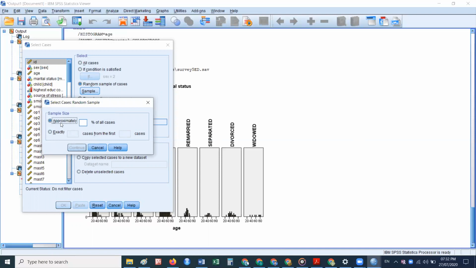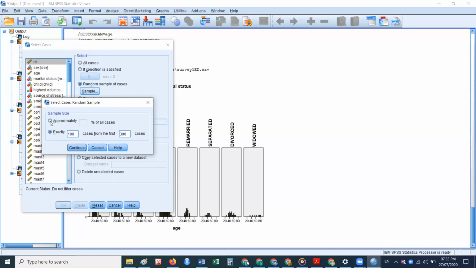You can define the sample in terms of percentage, or you can define exactly how many cases you want to select. Suppose I want to select 100 cases from the first 300 cases. Then 100 cases from the first 300 cases will be chosen randomly.